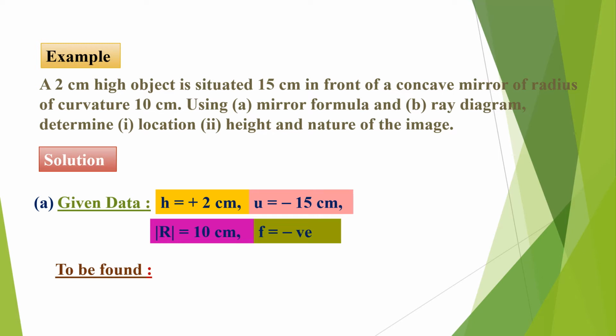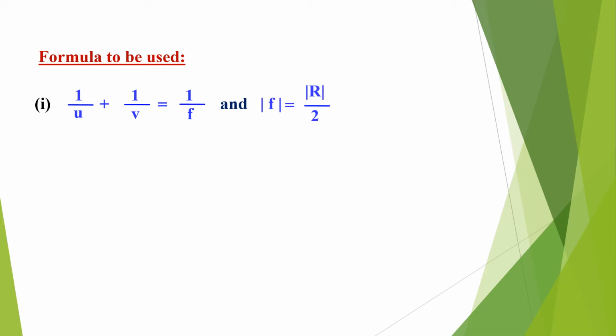So what is to be found here? First, the image distance, second, the height of the image. Formula to be used: first, 1 by u plus 1 by v is equal to 1 by f, and the focal length magnitude is equal to magnitude of r divided by 2. Second, height of the image by height of the object, that is the magnification, is equal to minus